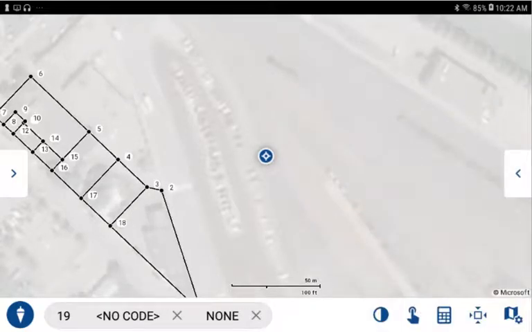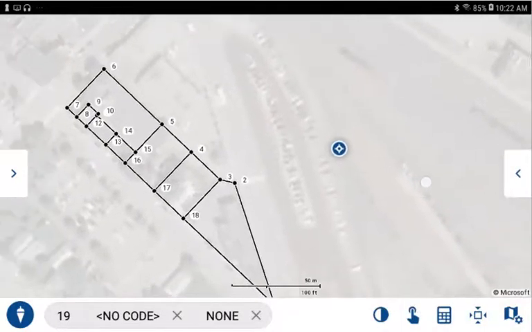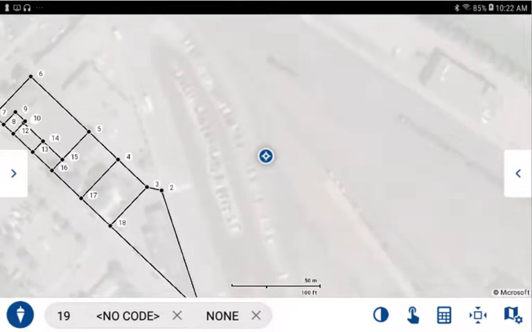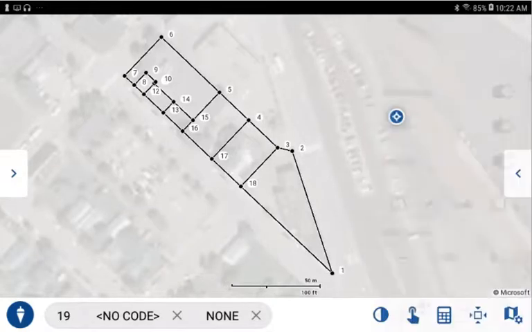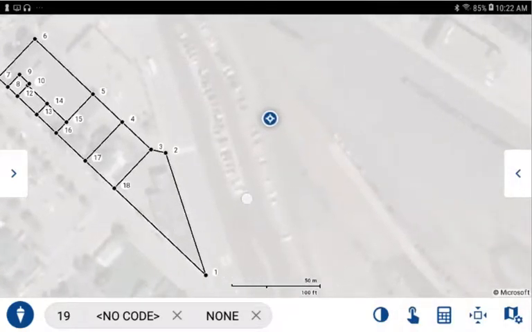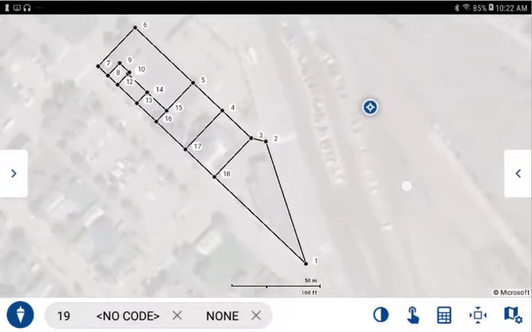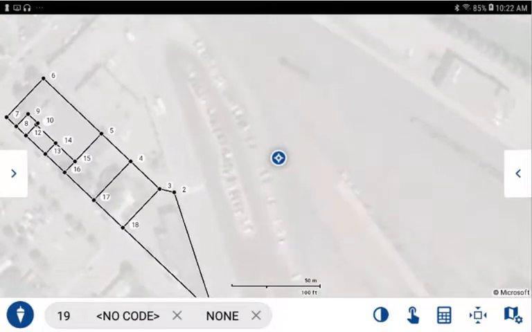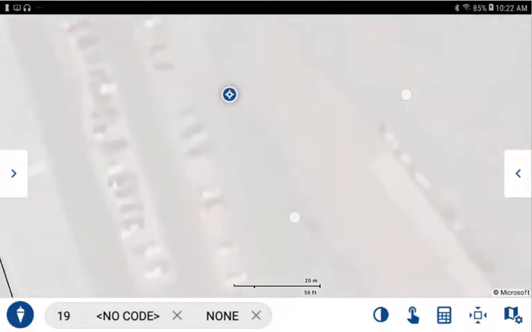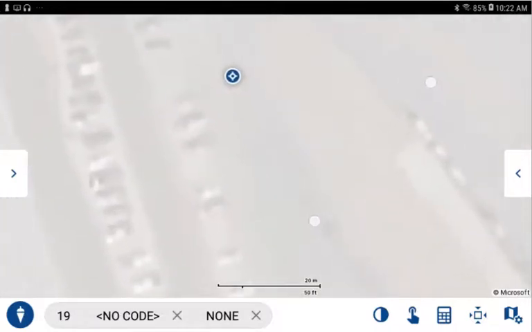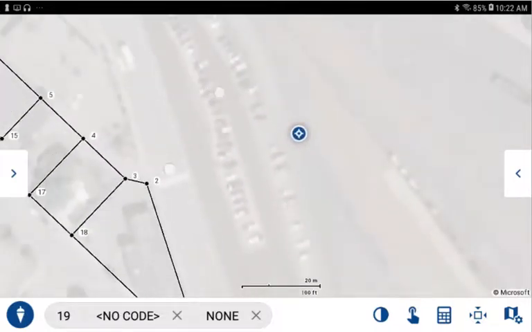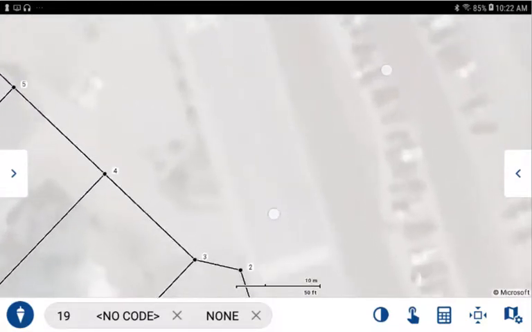I can also control my visibility using standard Android gestures. Let me turn that feature off. I can use a single finger to pan in any direction, or I can use a pair of fingers and I can use the pinch to zoom method, so I can zoom inwards or outwards, and the zoom will always be towards the center between my two